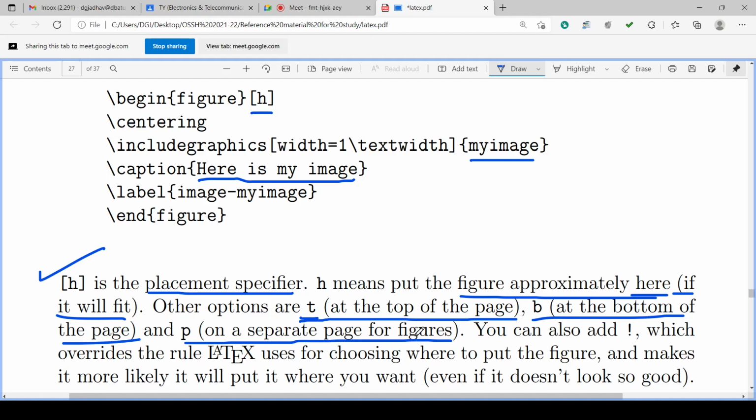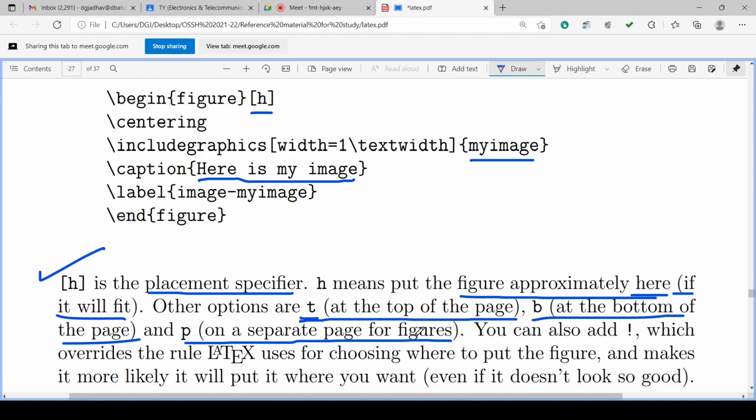Placement specifier may be H, put the figure approximately here. T, put the figure approximately at the top of the page. B, put the figure approximately at the bottom of the page. And P, put the figure on a separate page.